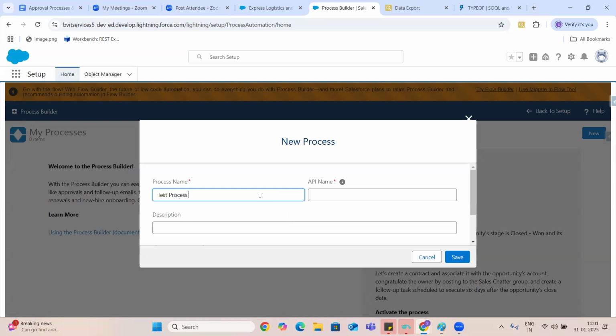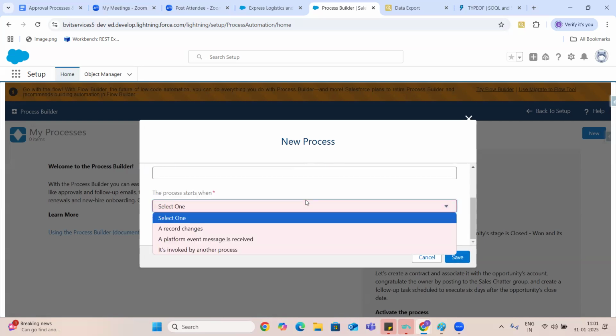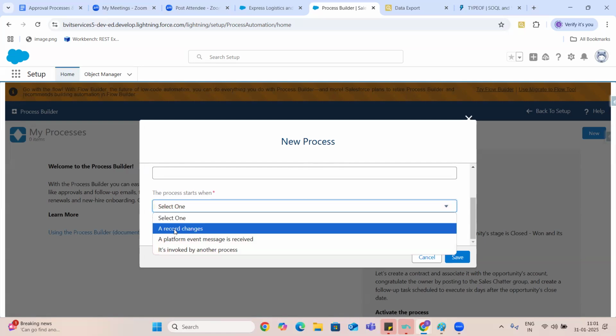But I'm just creating it just to show you guys. But in your projects or in your real time stuff, you always see the flows. And you're going to work with the flows only. Okay. So these are the two things, guys. The process builders. Process builders are something like that.